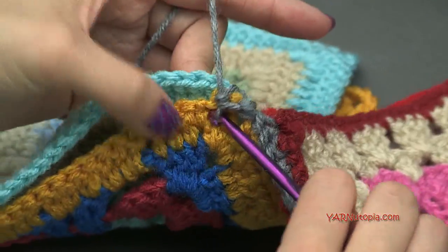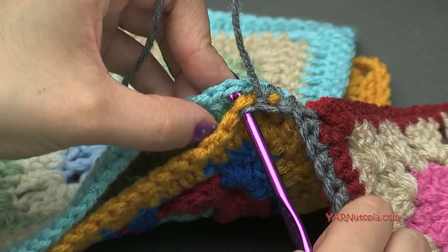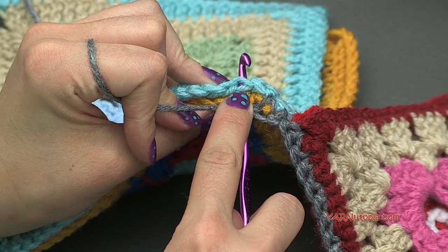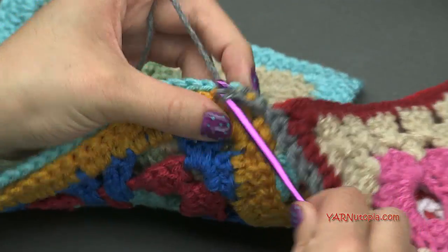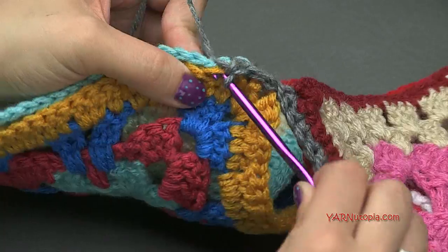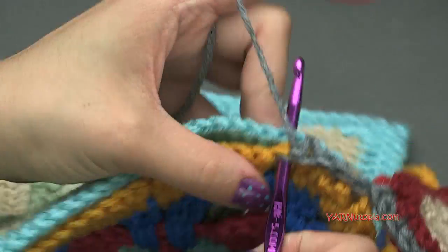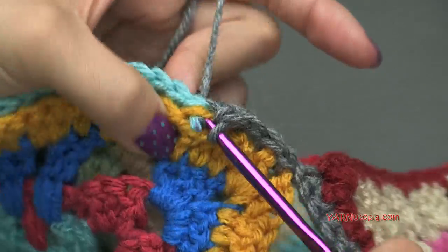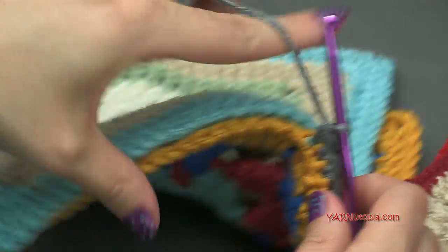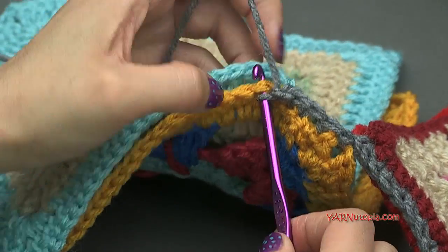Okay, and now we just want to single crochet across this square just like we did for the other squares. So just single crochet where your hook fits into the stitches. See how I skipped that stitch right there? I'm going into the next stitch there. But again, you're not going to notice that in your big project. So I'm just single crocheting these across. Very simple. Okay, and you can do this for all of your squares